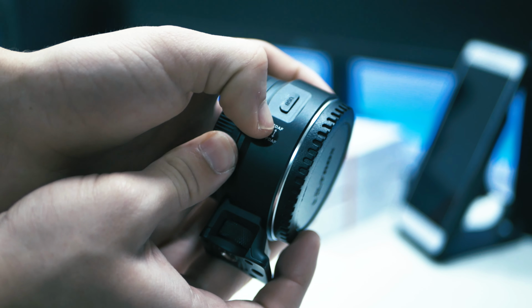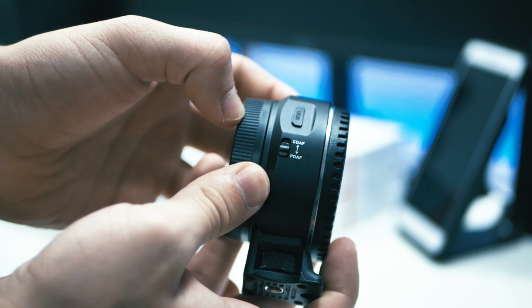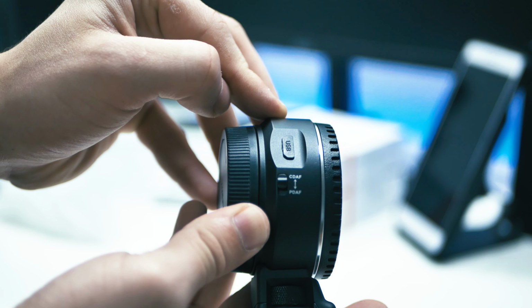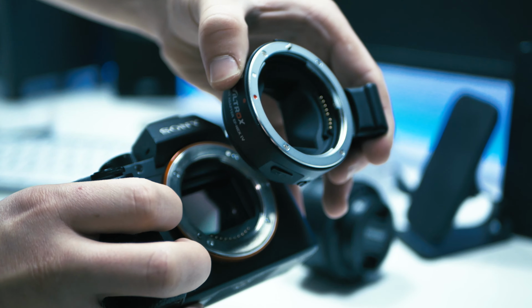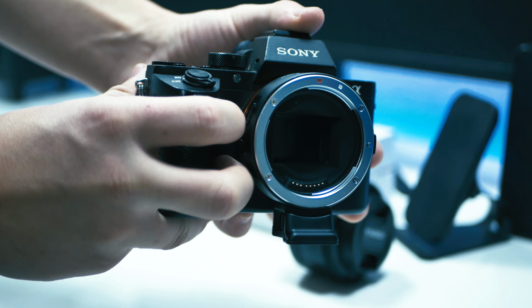There is also a small switch to change your focus mode. It gives you the option to choose between contrast detection or phase detection autofocus. On the other side there is a lever to release your Canon lenses. And that is all. Now I will try to mount the Canon lens on this adapter and